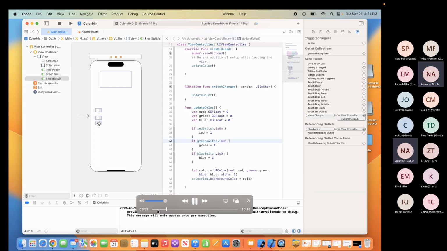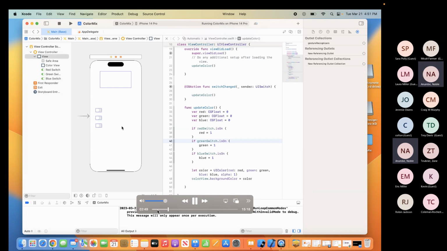I do the same thing with the lower switch: click the lower switch, hold down the shift key, and use the down arrow to scroll down 4 times. 1, 2, 3, 4. So that's what we have here. The idea is to create enough space so that we can have our sliders and everything